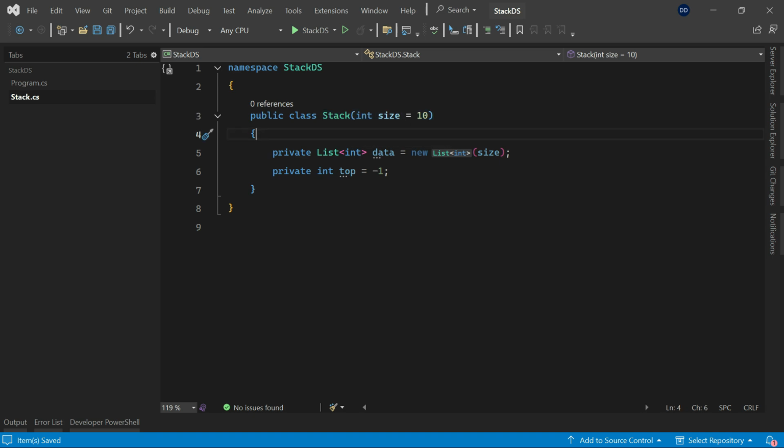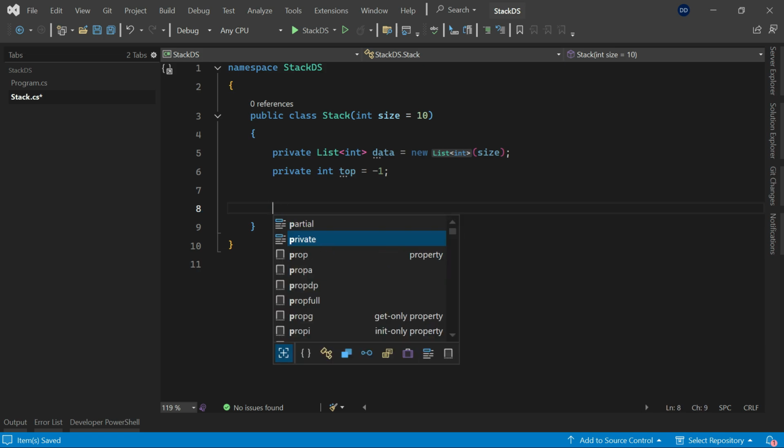In a stack, we have basic operations. One is to add the element, second is to remove the element, and third is to see what the top element is, the last added element. There we are not removing that element. We are just checking what top data we have. So when we want to add any data into the stack, we call the push method. This is the terminology that we use in a stack. Push to add, pop to remove, and to see the data, we use peek. So for push,